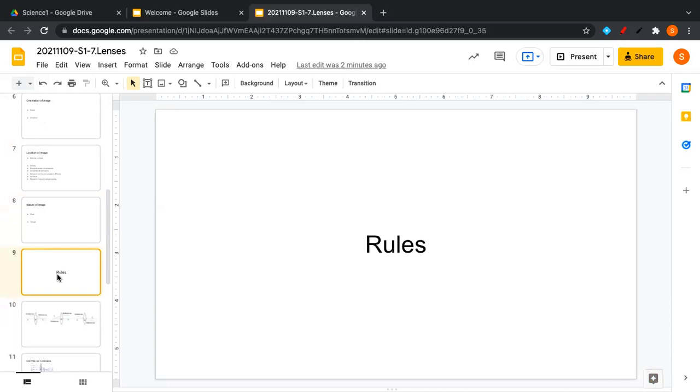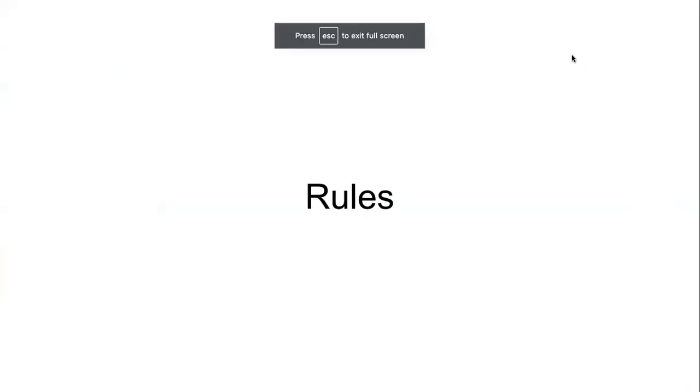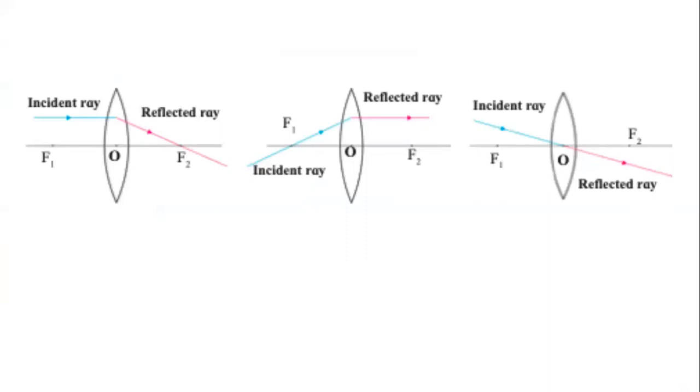We are still not ready. Let us remember what the rules are for the formation of image or for drawing of ray diagrams in case of lenses. We looked at it briefly in the last class. They are exactly the same as the rules for the mirrors. 3 rules. Who can explain the first one in English? Simple English. First one on the left hand side. Type or speak. Everything is from your textbook.